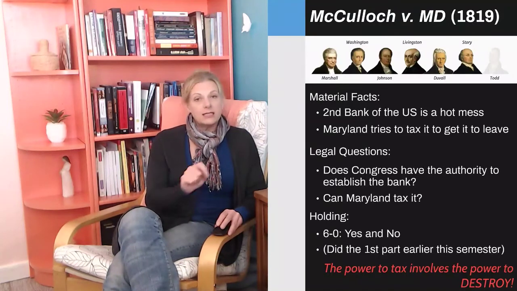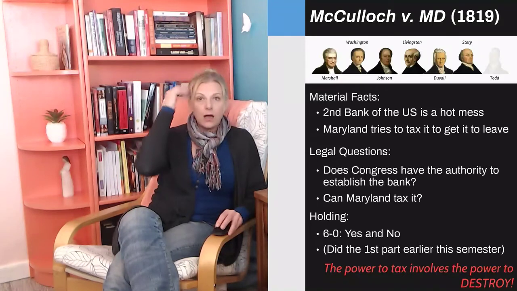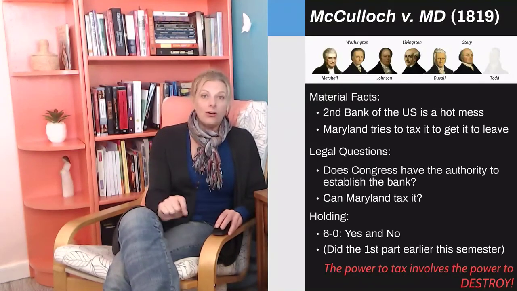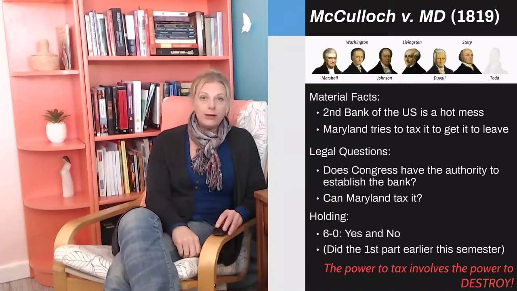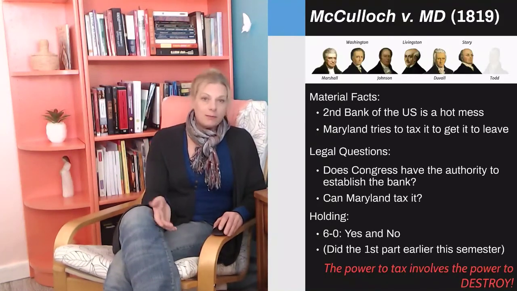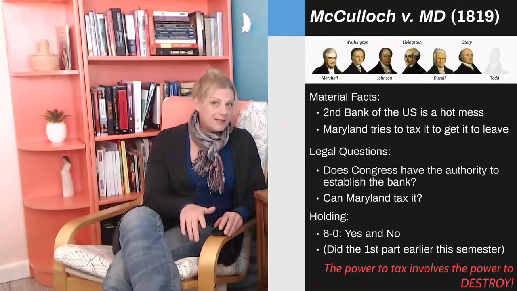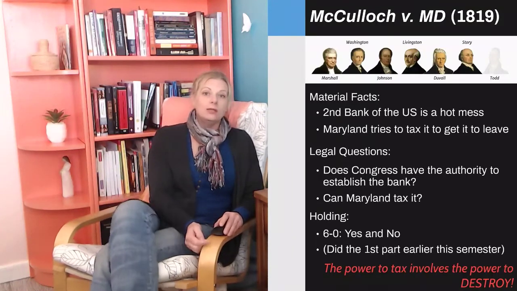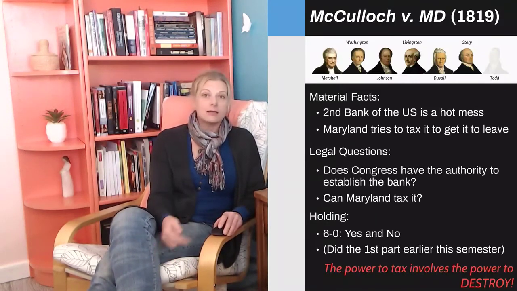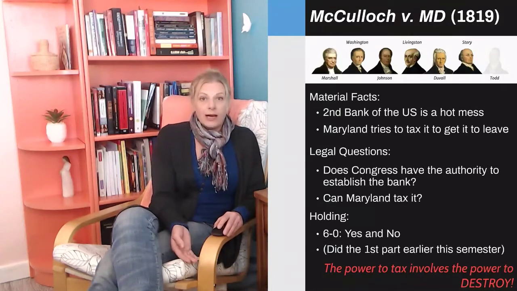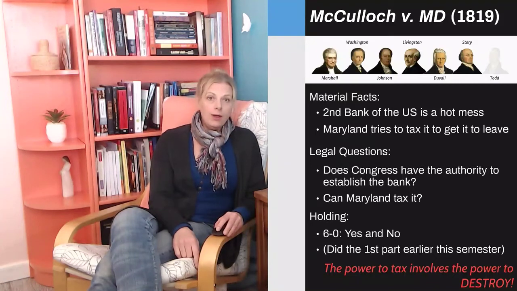So the idea here is that the state government does not have the power to tax institutions of the federal government, because that also includes or involves the power to destroy that government. And so you see in that excerpt of the opinion, Justice Marshall talking about how it might not be that big of a deal for one state to tax this one bank. But if you allow this, and then, following this along its trajectory, allow other states to tax other entities of the federal government, pretty soon you're going to tax the federal government out of its ability to actually provide what it is supposed to provide. And so this is where we see this limitation on the ability of states to assert that level of